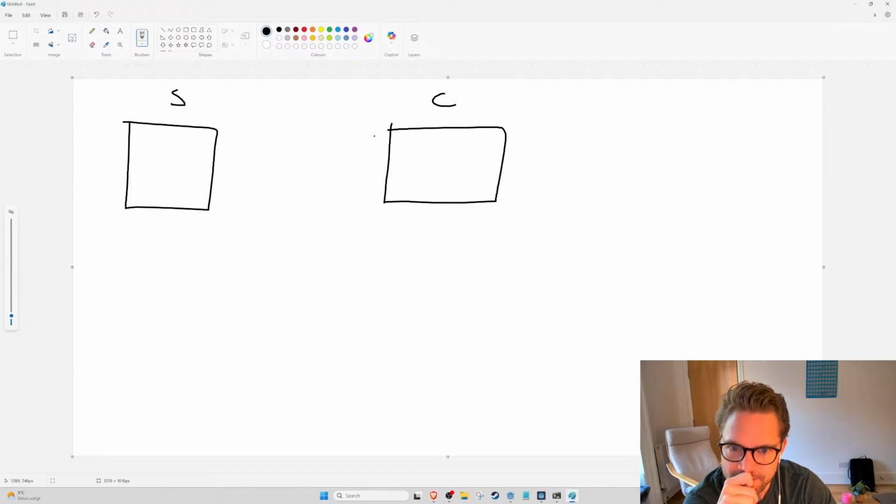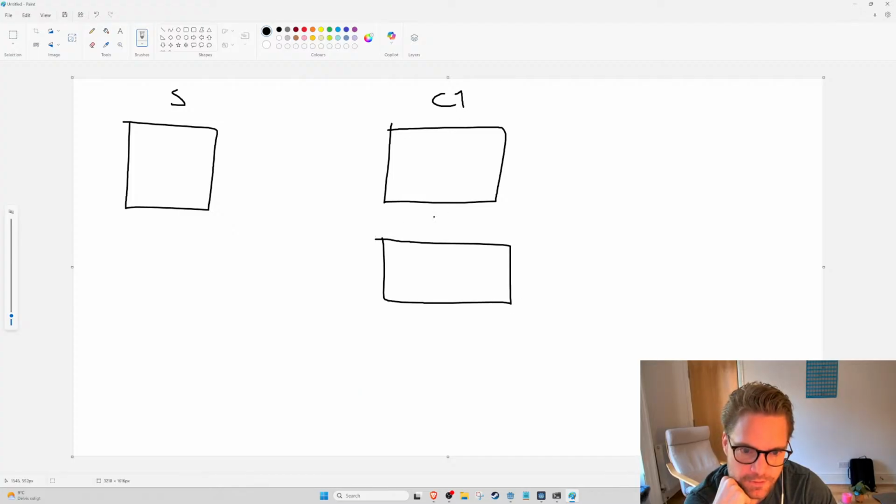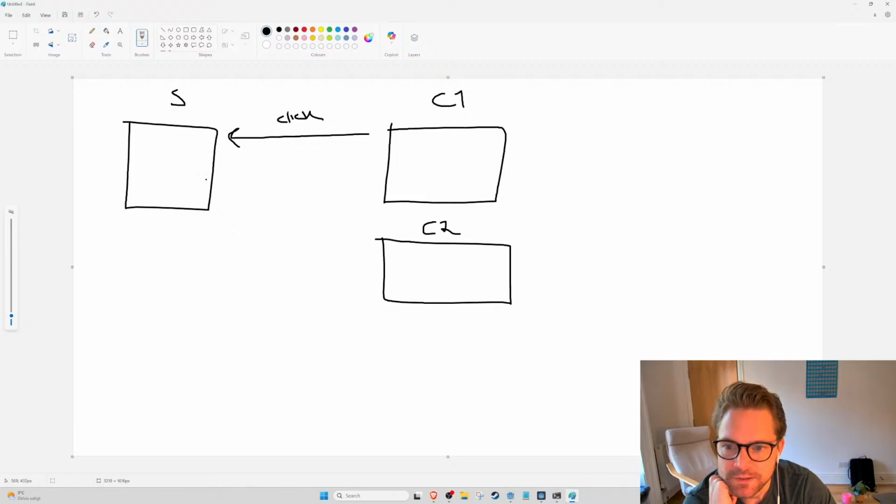There are multiple clients, client 1, client 2. If we send a click, and then the server calculates the movement locally, we should also pass this click, just a click as it is,